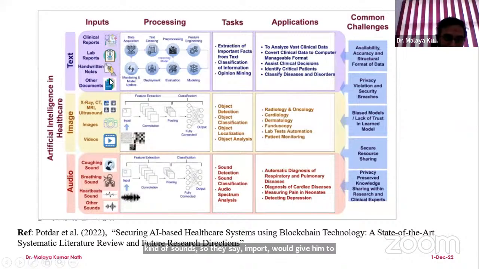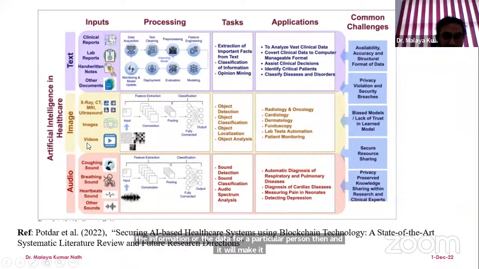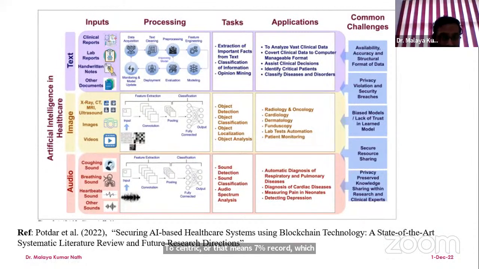If we look into the information for a particular patient, and we make it server centric, or centralized, then it will be prone to error. So we have to make it decentralized. The common challenges we are facing are that there is a very huge amount of data and a diversity in data.